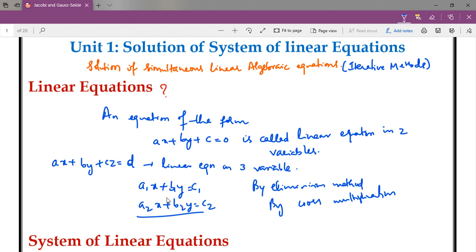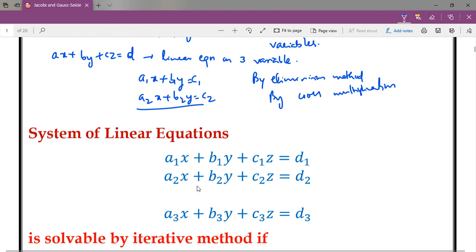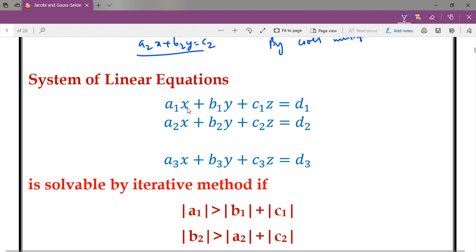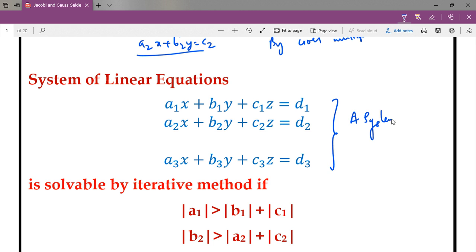Now what we are going to do, we take a system of linear equations. Suppose let the system of linear equations be a1x plus b1y plus c1z equal to d1, a2x plus b2y plus c2z equal to d2, and a3x plus b3y plus c3z equal to d3. We call these linear equations a system. Why? Means